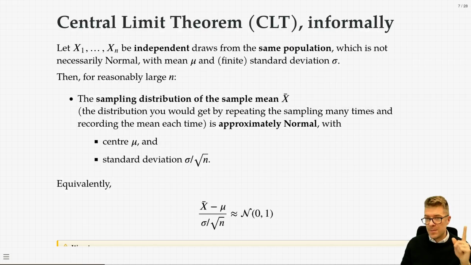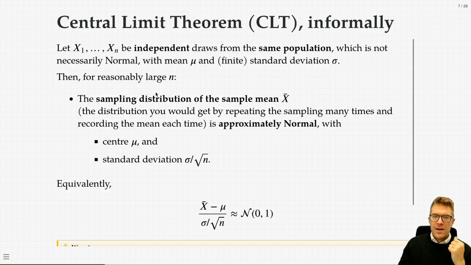But it still has a mean. So even though that distribution is tilted, it still has a mean, mu, which is the population mean. It still has some kind of standard deviation, which we could still compute. Then for a big enough n, the sampling distribution of the sample mean